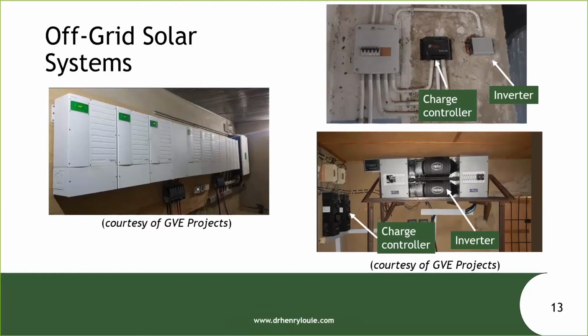In the upper right corner is a very, very small system. The charge controller and the inverter, I think this inverter was maybe just a few hundred watts in size. And not shown are the small PV array and batteries, of course, but you can get an idea of the scale. The one on the left, those are the inverters and charge controller for a very, very large mini grid. I think this is tens of kilowatts in size. So they go from very small to very large, the size of an entire room.